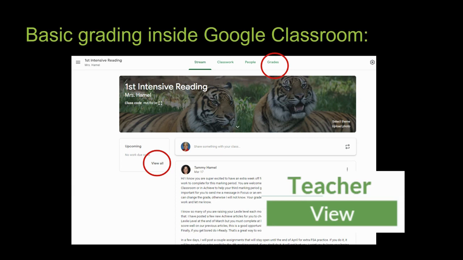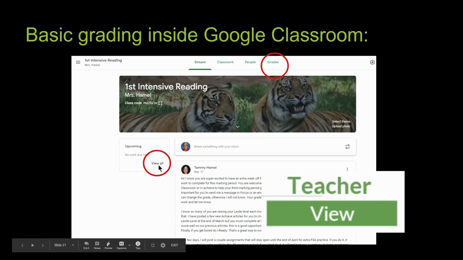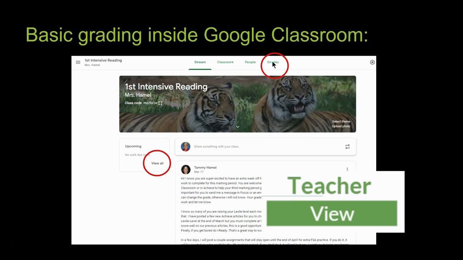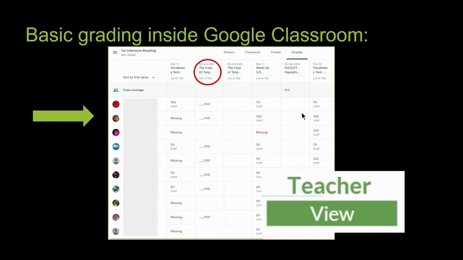She can also go to View All. That opens up all her assignments that she has to grade. And then she can also go to Grades. When she goes to Grades, she actually sees this, and this is the grade book of sorts. And she can click on right up here, any of these. These are all hot links to the actual